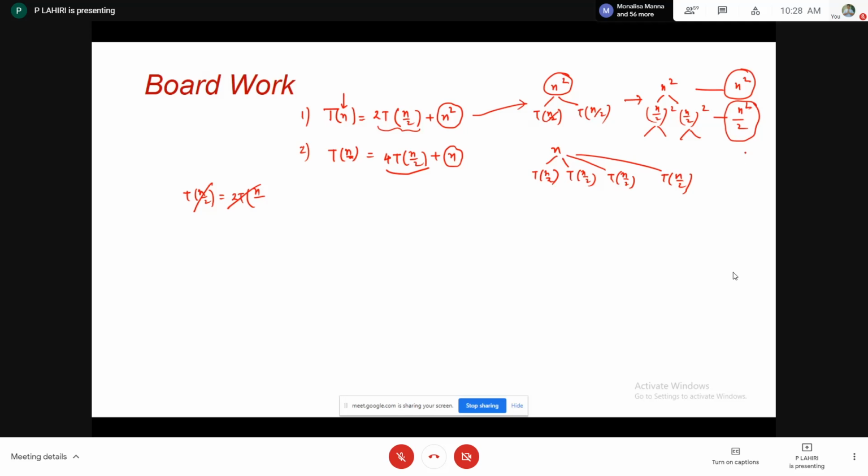n square by 2. So that's what I told, not always will you get the same cost. But here also you should calculate h and finally calculate it. Be careful: in summation, I applied multiplication as n into h because I am getting the same cost per level. That's why direct multiplication. But the description was addition or the sum of all the costs. So that is the clue.